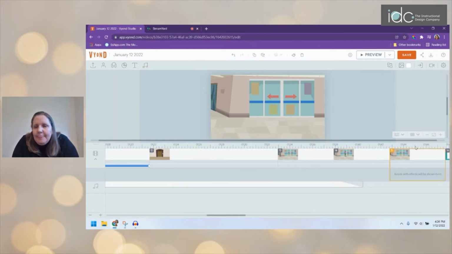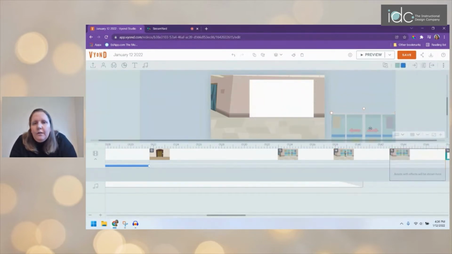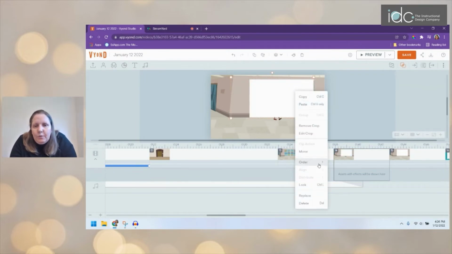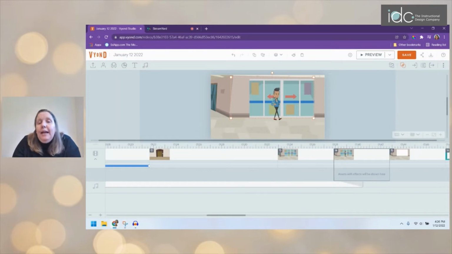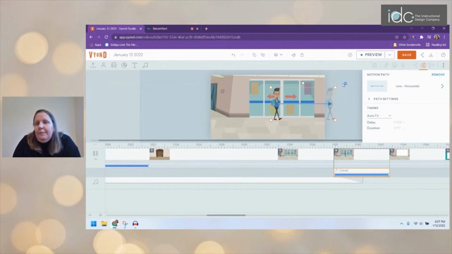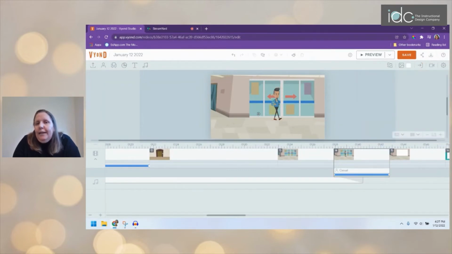Let's go ahead and move our lovely rectangle that we made. Let's copy that and stick that behind here. Right click, order, send to back. Now what I'm going to have him do is keep walking through here, but he's going to fade away as he walks. So I would do another motion path. This time it's going to be pretty short, right? So to adjust my motion path, I have to click away, click him again, and then I'm going to have him walk, let's say right about here. And then I'm going to choose, when he gets here, I want him to fade. So I'm going to choose him